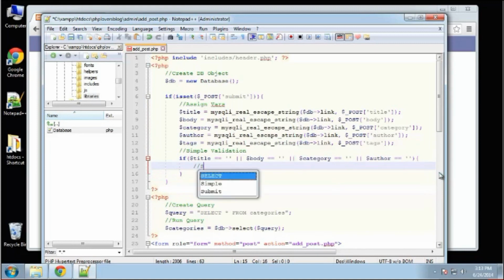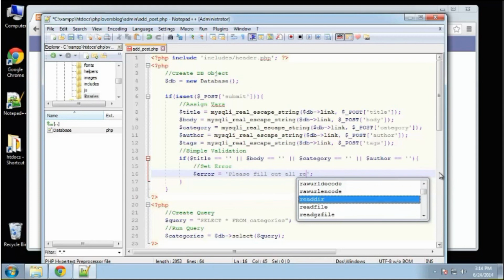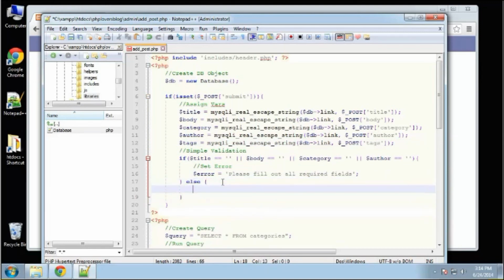Okay, and what we're going to do is just set an error. And this is just going to say, please fill out all required fields. Alright, and then we're going to say else. Okay, so if none of these are empty, then